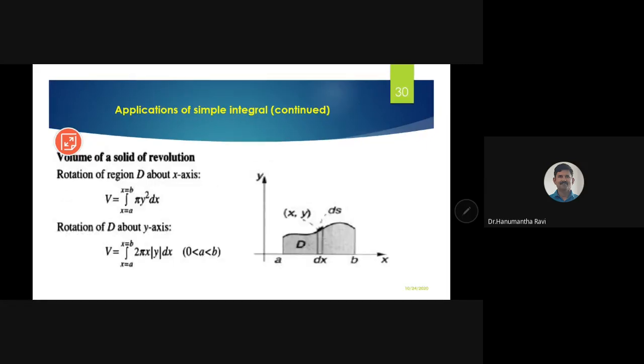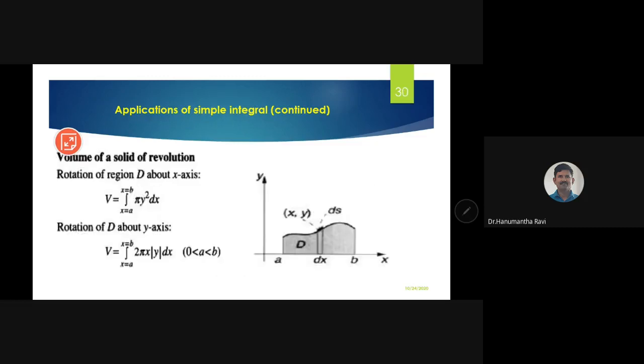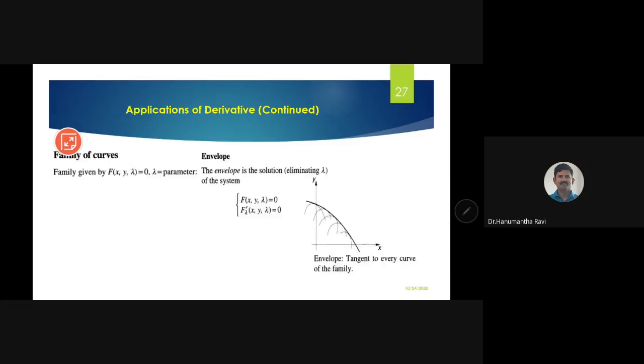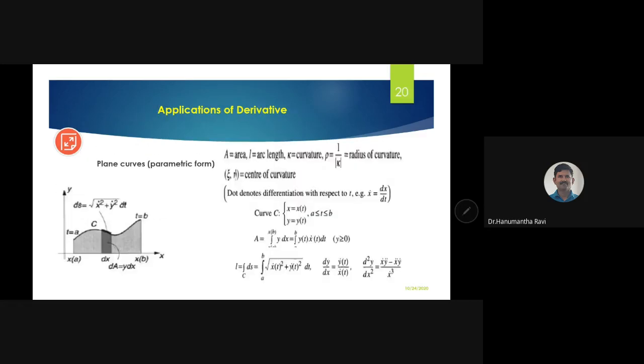Some more are there; we'll see them at an appropriate time. We want to actually go for multiple integrals here, because in GATE you find more questions on multiple integrals. So when we talk about multiple integrals,